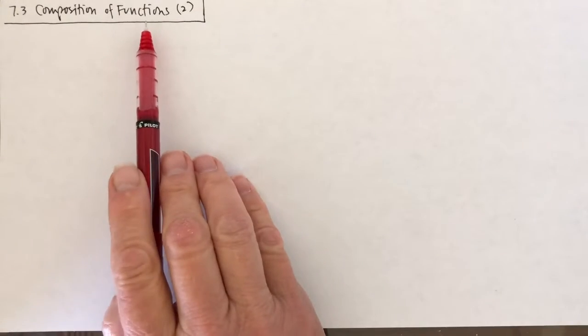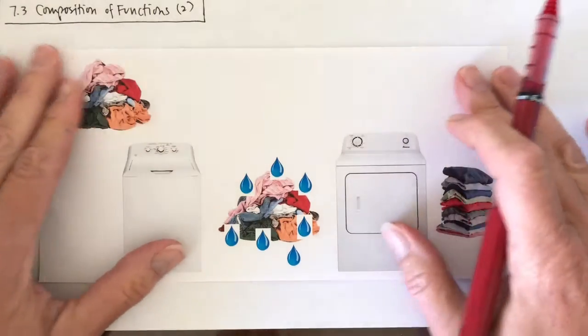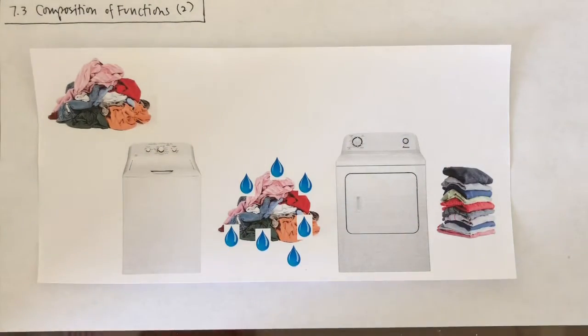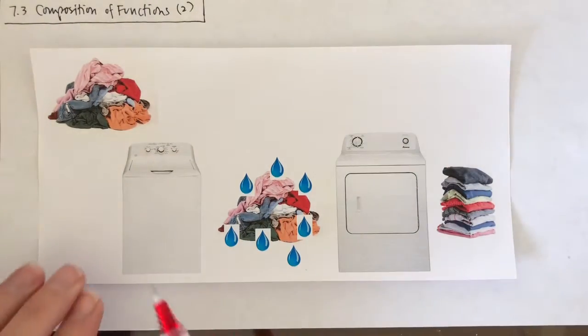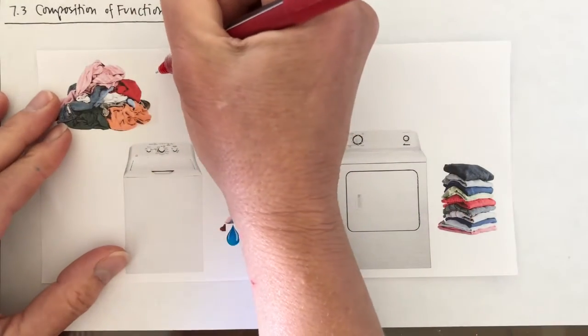But sometimes there are these processes in which there's more than one step, more than one function. And so this is the idea of a composition of functions, where you're going to take multiple functions and compose them together. You're going to do one right after the other. An example that we can think about is washing machines and dryers. So your input to a washing machine typically is